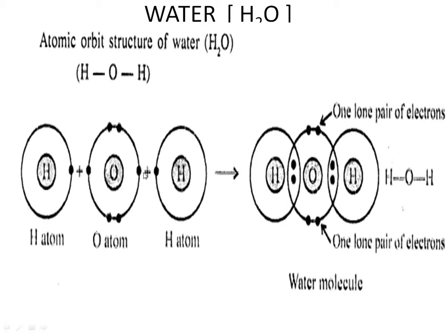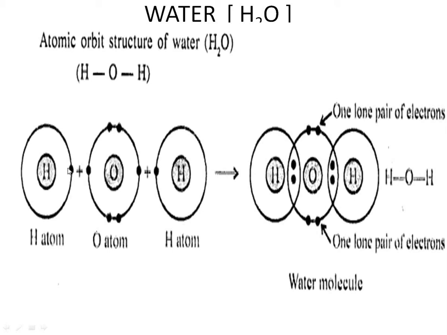So now what we are going to do is share the electrons. Hydrogen will take up 1 electron from the oxygen, and taken means it is sharing. In the same way this hydrogen also is going to share 1 electron with the oxygen, and oxygen also will share 1 electron from the hydrogen. So this is how the structure has been formed.